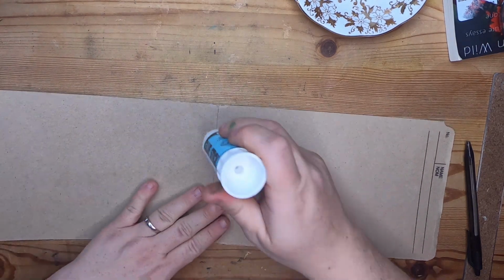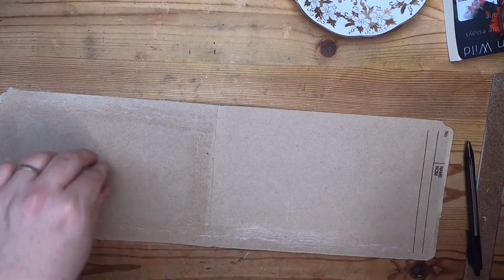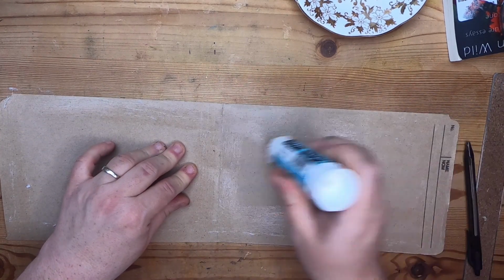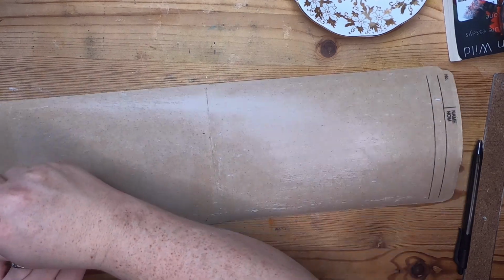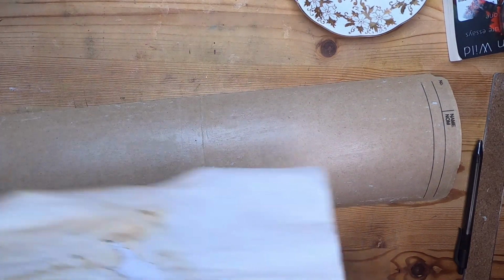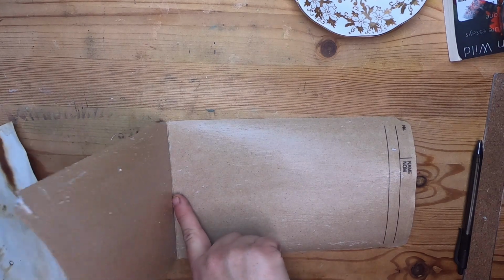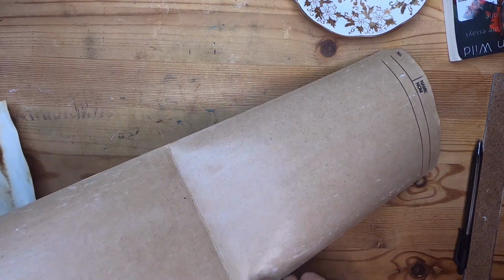So let's cover this in glue first. I'll use a glue stick because I am going to be stitching around this whole thing too. It's really just about tacking the paper down. There we go. Oops. Cover the glue here. And then I'm going to try to use the more interesting paper here. So this is the side. Okay, so this will be the flip. No, other way. What am I thinking? So if you cover those,